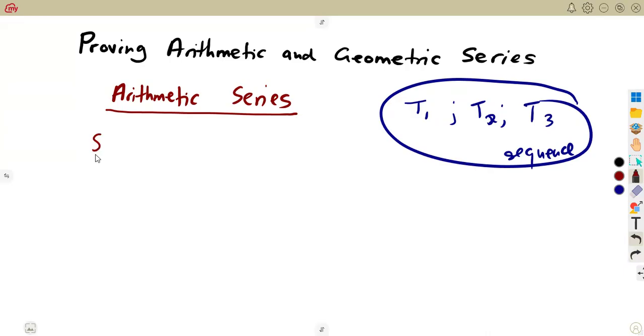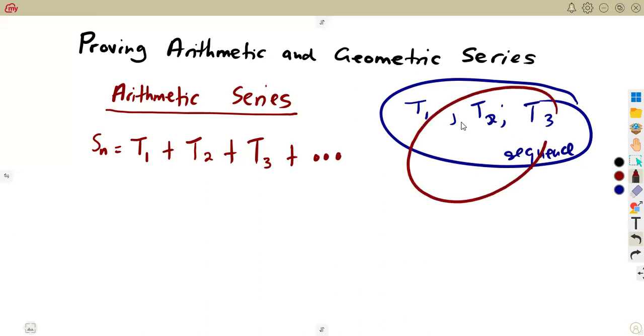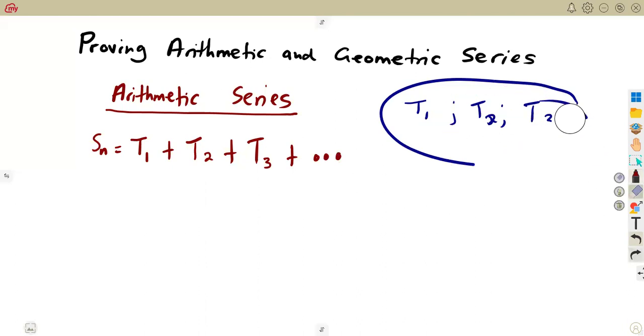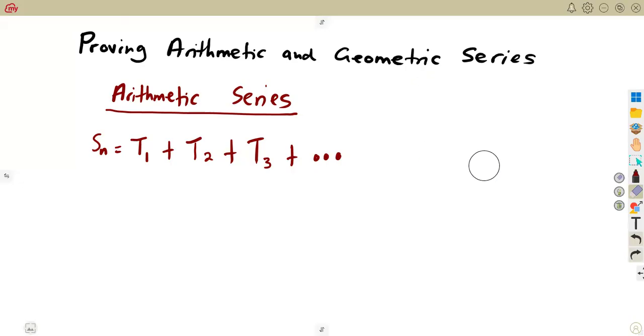So we are going to consider, let's say, Sn given in terms of the terms T1, T2, T3, and so on. But now they are being added together. That's T3 plus and so on and so on. The terms that you had in a sequence, now they're being combined together. As they are being combined, we do not know what is going to be the last term, but these terms are going to be and so on and so on, up to the last term,